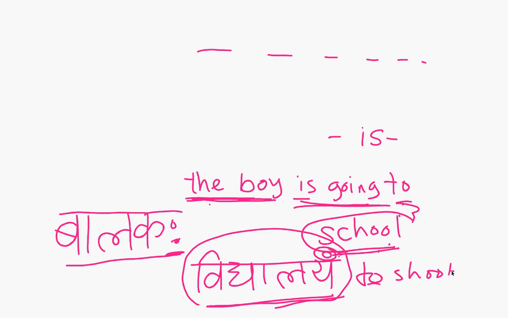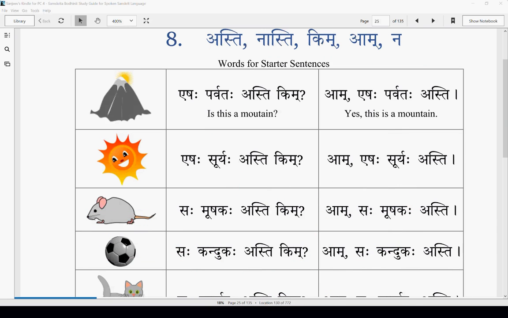And then "is going," we have another verb that comes. So even if you move this around, we can understand what it is by looking at its inflection or the form of the word. So here it is vidyalayam, which already means "to school" together. Whether the word order is changed in a Sanskrit sentence, we can figure out what it is. So it is absolutely not necessary to have it in this order,